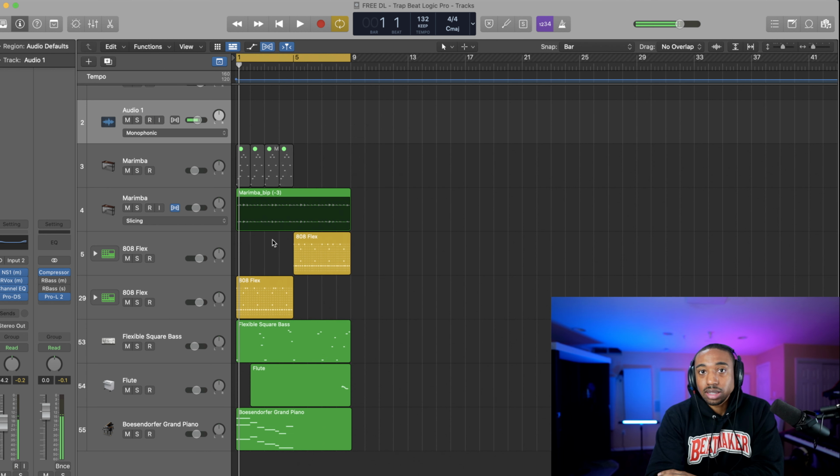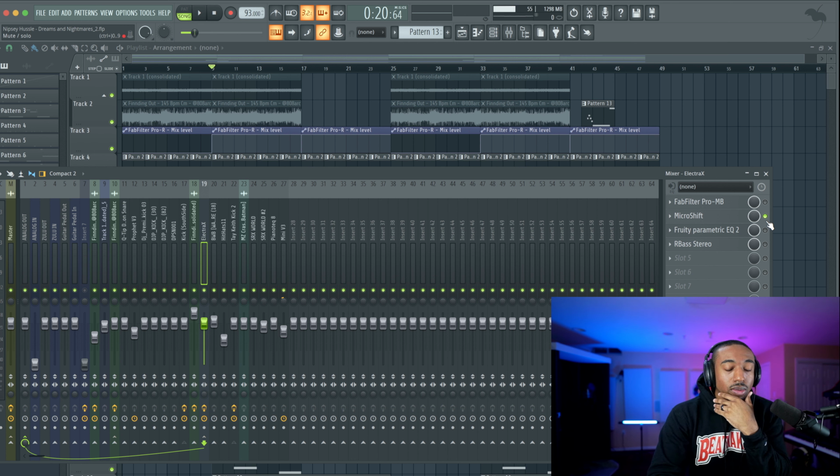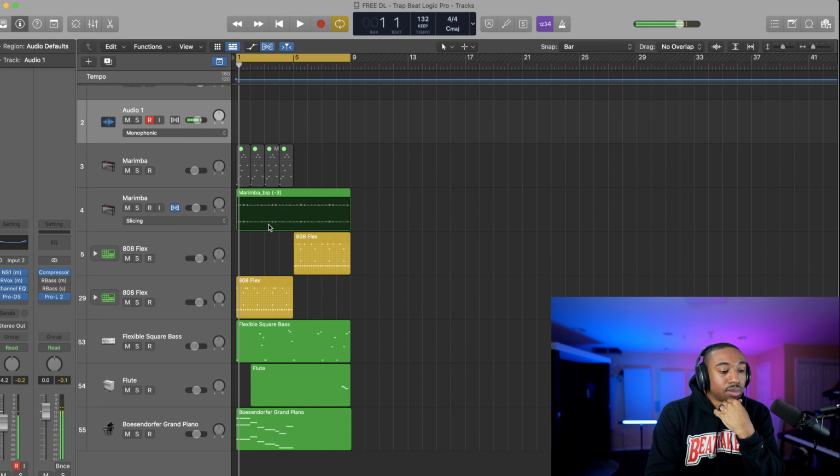Let's use this in our Logic session. Even though I said FL, the only problem with FL in this case is my plugin shows up as red. I emailed them about it. They sent me on a rabbit hole, so I just have to respond to them, and I don't feel like it. But all you would do is just load this up in FL, put it on your bass element. I'm going to do it in our Logic project because the drums are more dry.